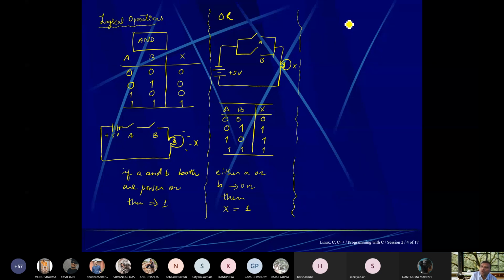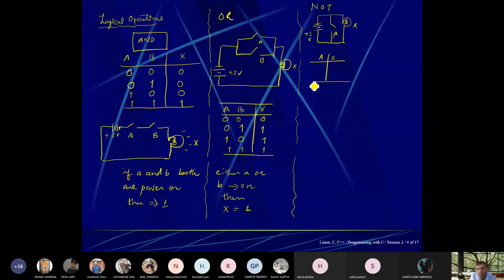Now come to one circuit. A single switch is required to check this.